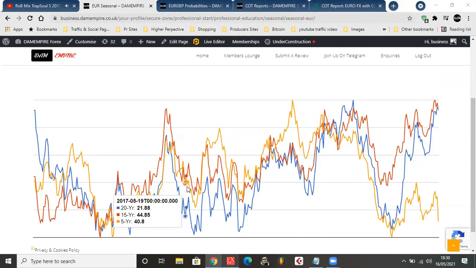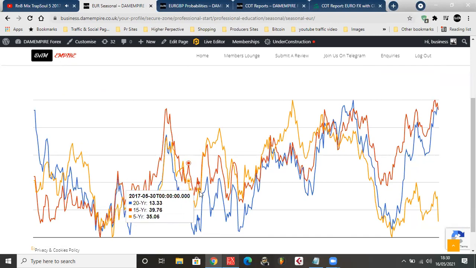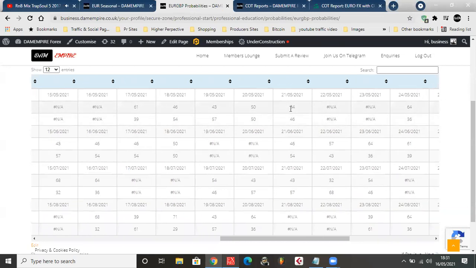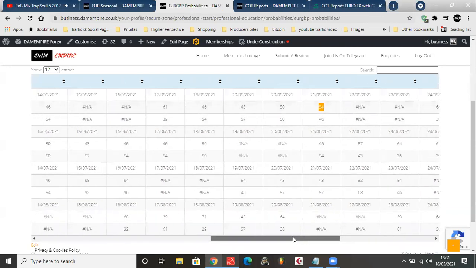This dump has happened according to the average over time. It's happened according to 20 years, 5 years, and 15 years. So this has happened for 20 years, most likely consistently. So you're probably gonna see a dump in Euro on that Friday. There's Euro news on Friday. So we can actually say we wait until Friday to go into it, but the challenge there is this: it's giving me a buy on Friday with probability.